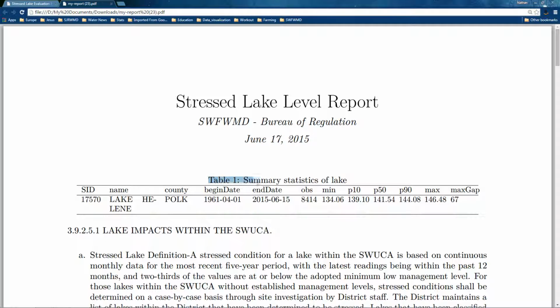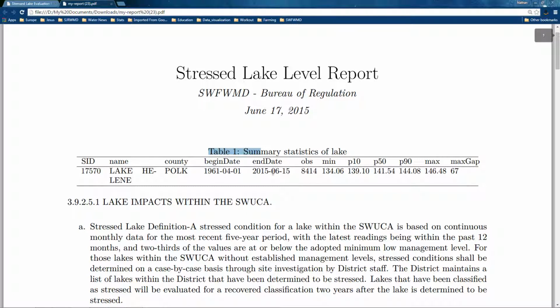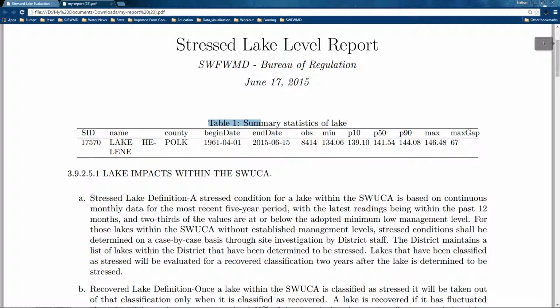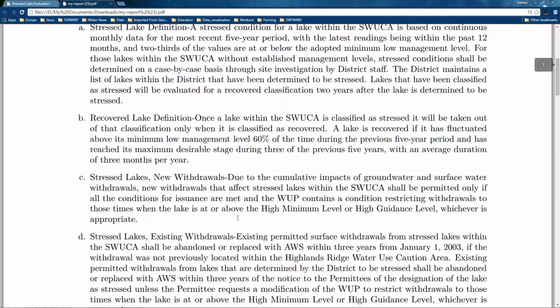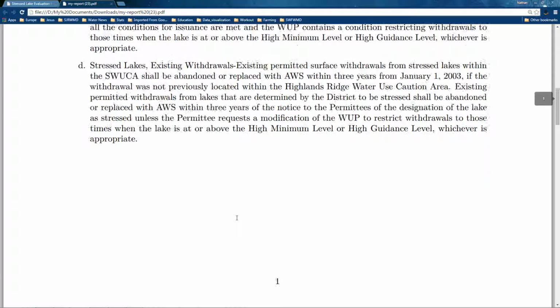This gives us some summary statistics of our lake, Lake Helen. It's in Polk County. This is when the period of record starts. This is when it ends. This is how many daily observations there are, a few statistics, percentiles, max and min, and then the maximum daily gap. So this tells us that the maximum gap between days is 67 days within the whole period of record from 1961 to 2015, which is pretty comprehensive history. I just have in here the SWFWMD stress lake rules, so you can look at those,